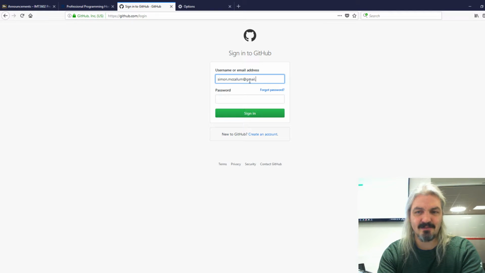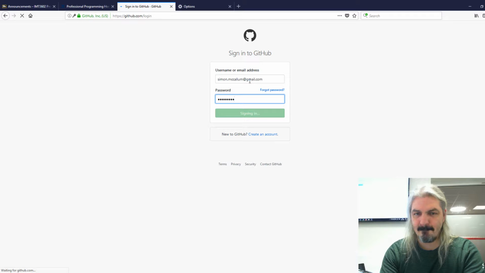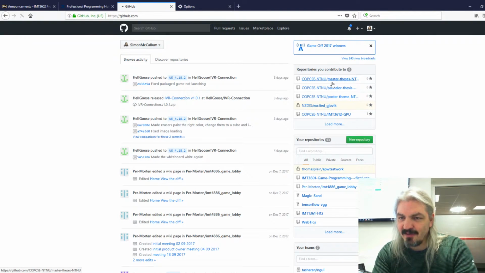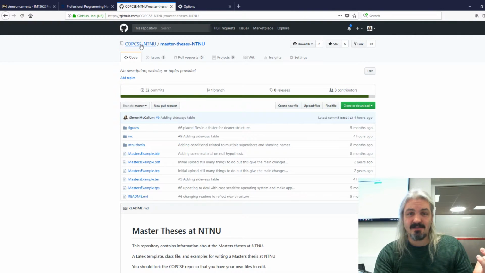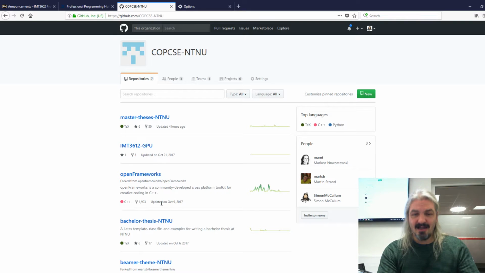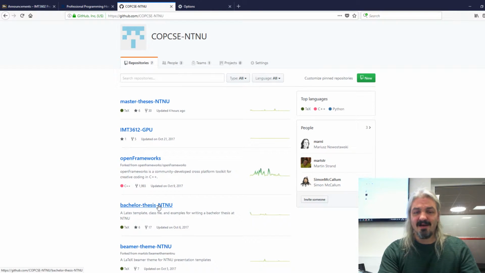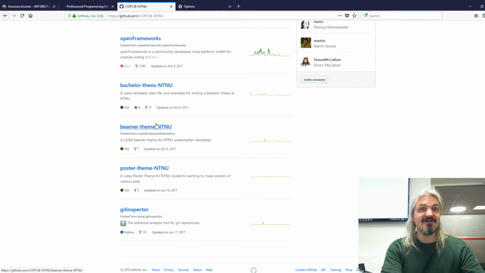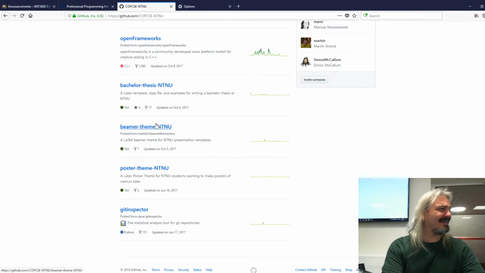The Bachelor Thesis LaTeX template is in a GitHub repo under Bachelor Thesis NTNU. There's also a Beamer template for giving presentations, so if you're really committed to LaTeX, you can write your presentation in LaTeX as well and avoid PowerPoint.